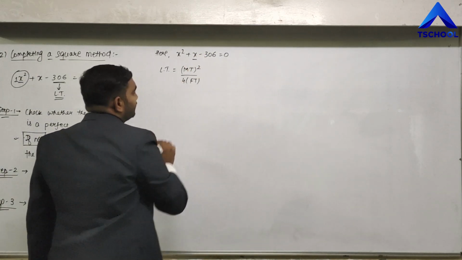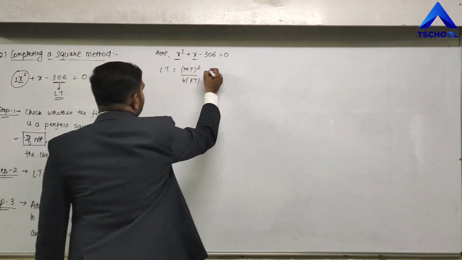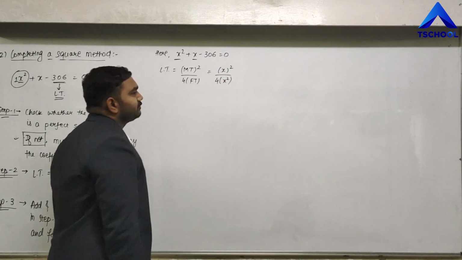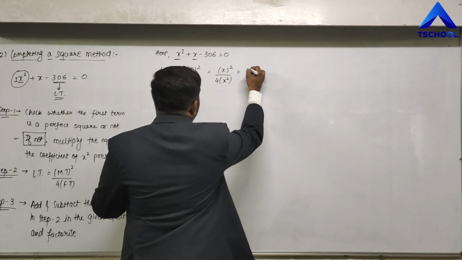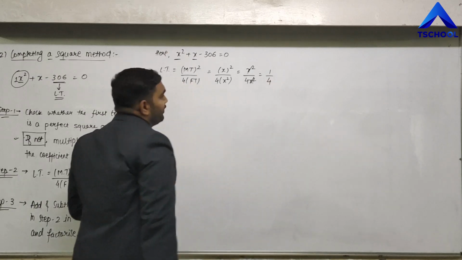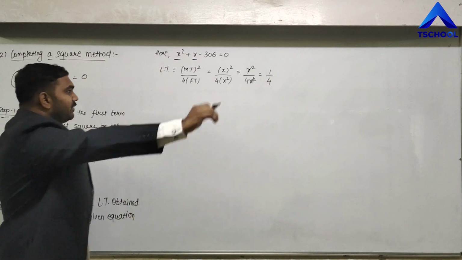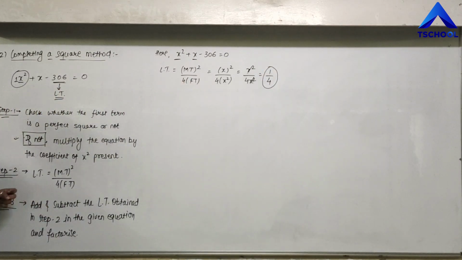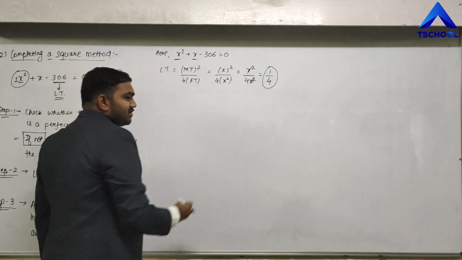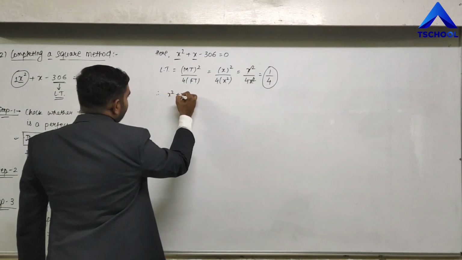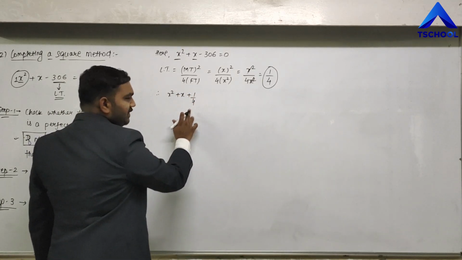So the middle term is x and the first term is x square, so that is x square upon 4 into x square. That becomes x square upon 4x square, and x square is cancelled, and that becomes 1 upon 4. So we got the last term here, that is 1 upon 4. We have completed our second step. Moving to the third step, add and subtract the last term that we got in step 2 to the given equation. Therefore x square plus x plus 1 upon 4, we have added this